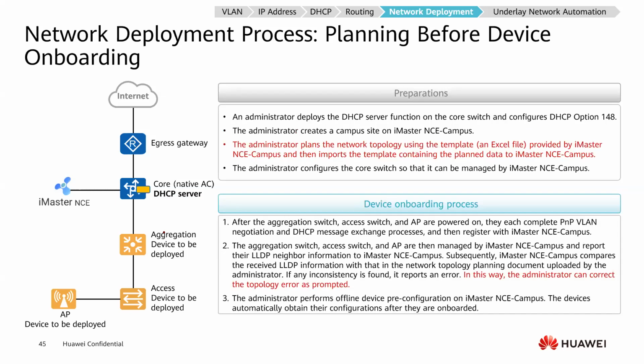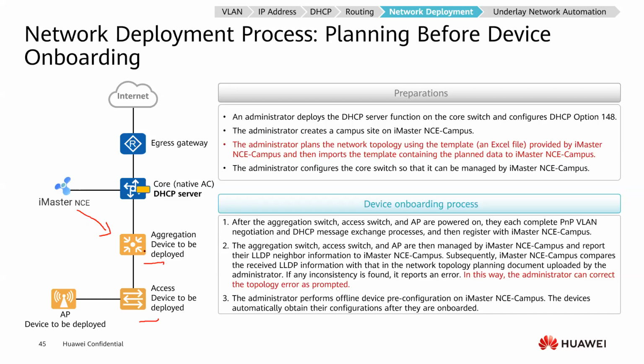And another process is planning before device onboarding. That means after you do the configuration for the DHCP, create a site, and manage the core devices, you need to download a template from the controller and do the deployment of the whole network, covering the device's name, the device's roles, and some basic configurations. And then the devices will go online and be controlled by the